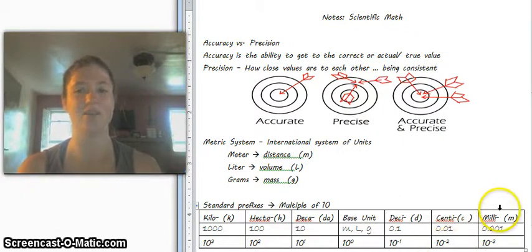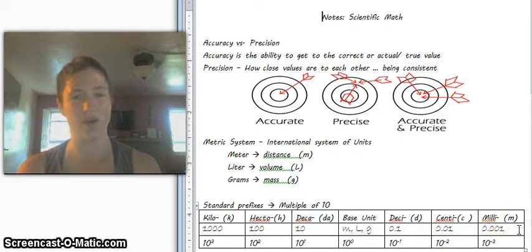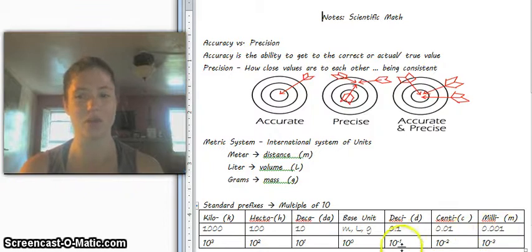And then finally our milli. With milli, it's 1/1000th, and it's 10 to the -3. We should be familiar that in order to get these decimal points, we use a negative exponent there. Now, if we're going to go bigger, and our prefixes here: deci, our prefix is a lowercase d, centi, lowercase c, milli, lowercase m. And we simply put these prefix abbreviations in front of the abbreviation for the base unit to give us our